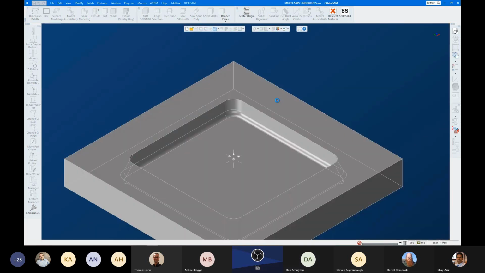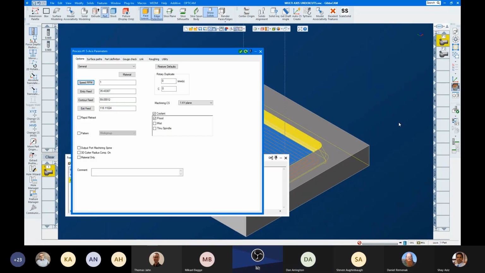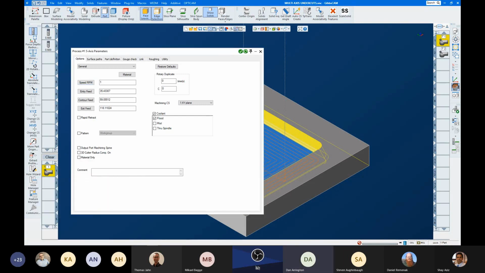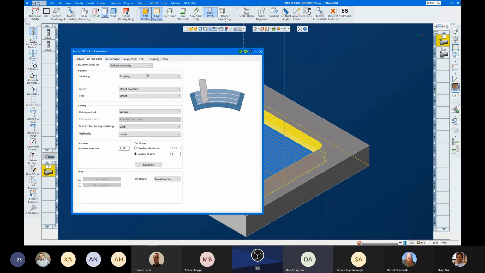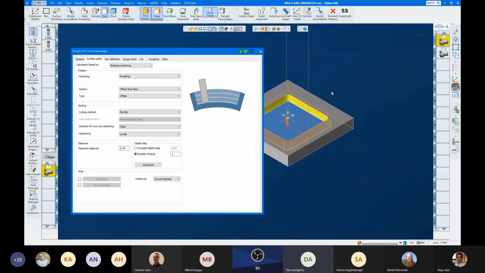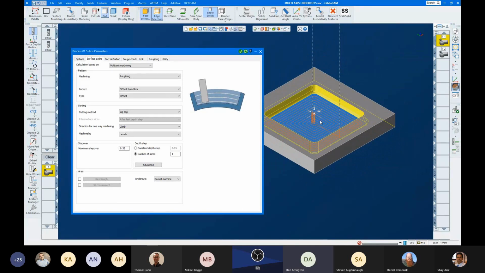Multi-axis machining. Let me get that off the screen. Okay, multi-axis machining. I don't hear a lot about this being used at all, and it really is a great tool for roughing, regardless of the type of machine and the shape of the part. Okay, but roughing, multi-axis machining, roughing,